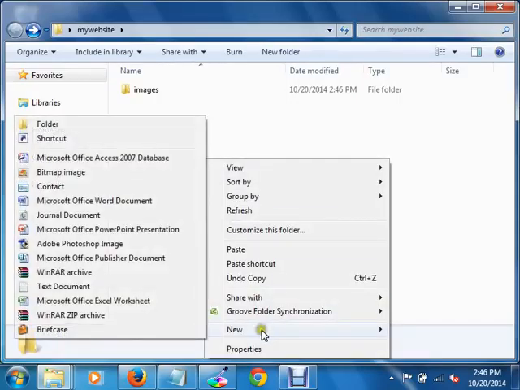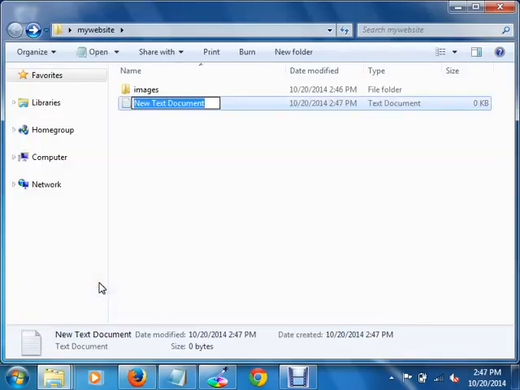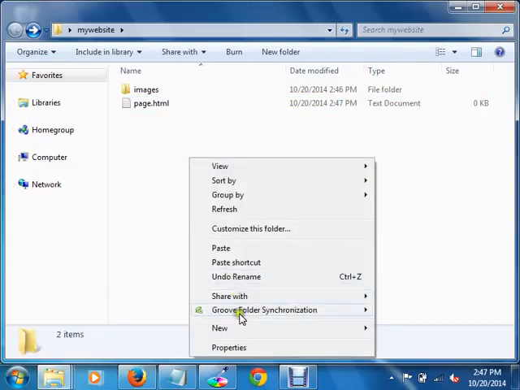So creating two files. One is the HTML. And the other one is CSS.